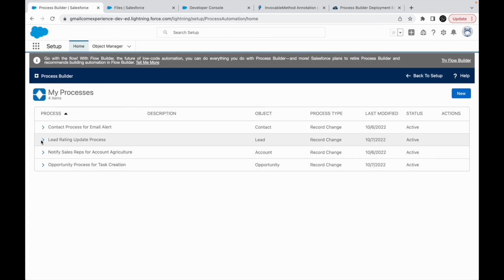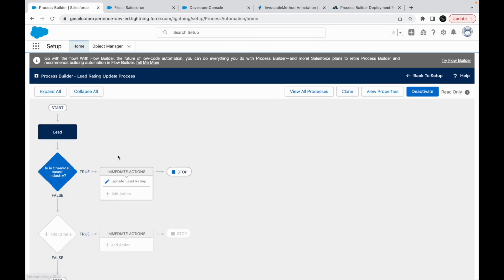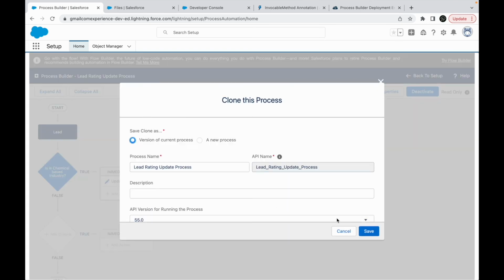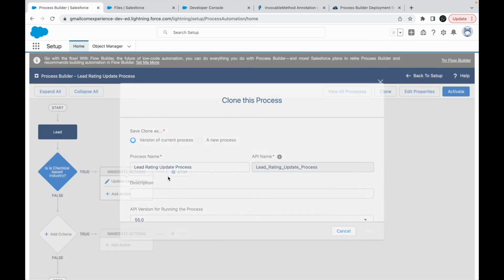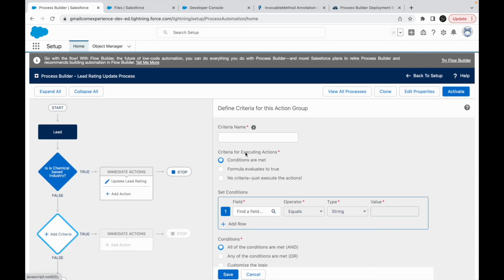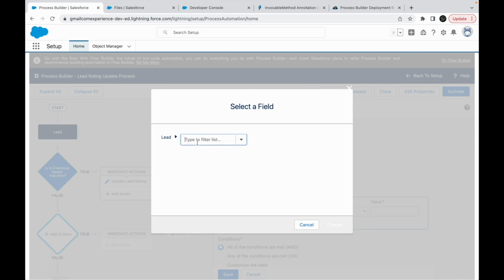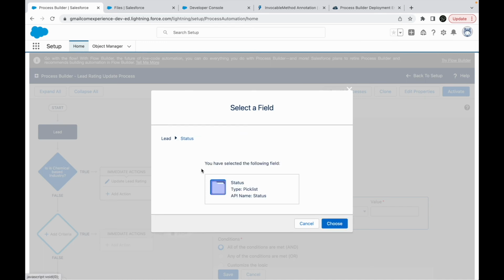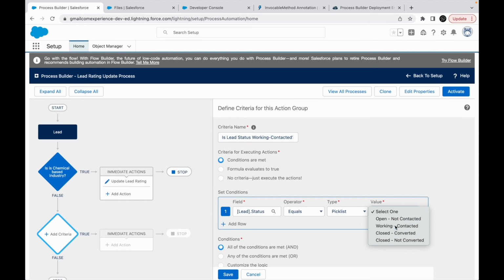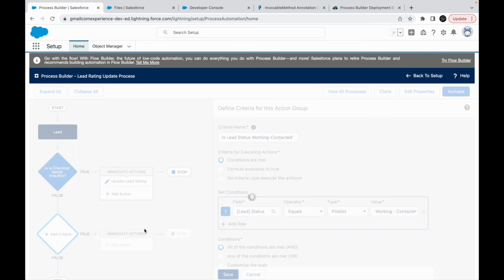All right, and now let's go back to the lead rating update process and let's clone it and create it one more time. Add criteria. What was our criteria? Lead stage, working contacted, right? So find a field, status, working contacted, save,